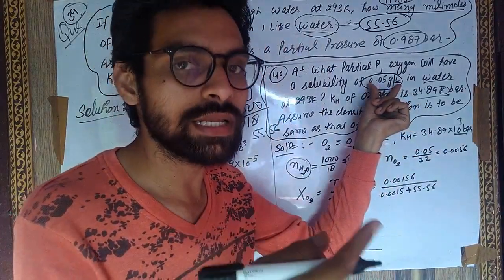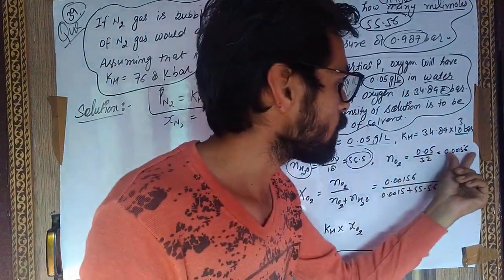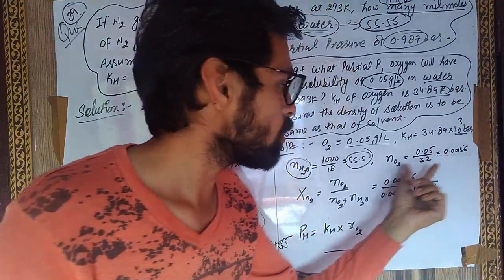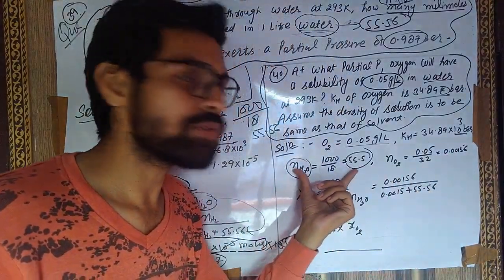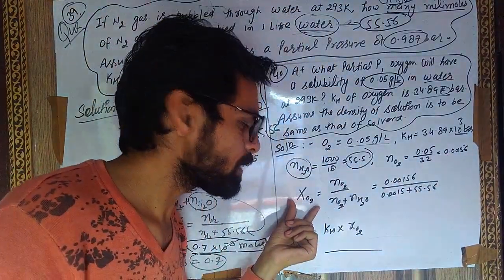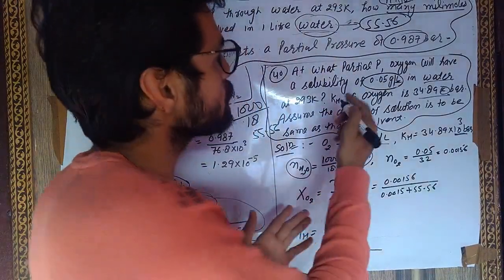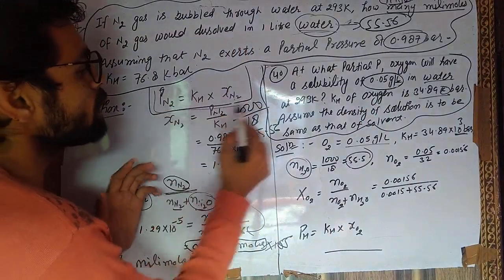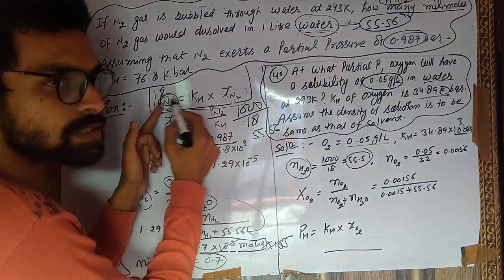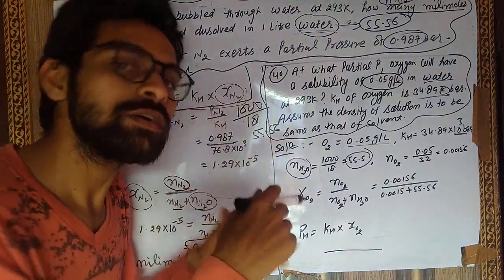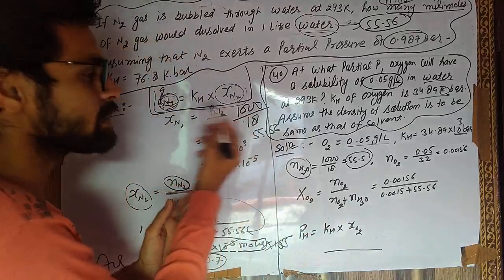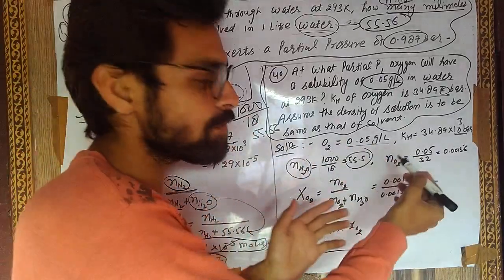यहां से आई जो ऑलरेडी दे रखी है, अमाउंट दैट इज सॉल्युबिलिटी। ओके, ये आपके पास मोल्स आ गए हैं नाइट्रोजन के, यहाँ पर मोल्स आपके पास वाटर के। Now you will calculate the mole fraction of oxygen. Okay, why you will calculate the mole fraction of oxygen? Because in the formula, if you will take the partial pressure of the oxygen, then you need the mole fraction of oxygen. Okay, here जैसे नाइट्रोजन की है, so ऐसे ही यहाँ पर क्या फॉर्मूला लगाएंगे आप?